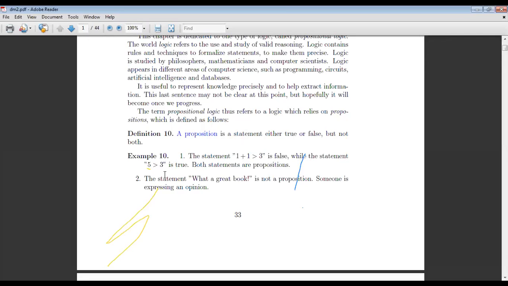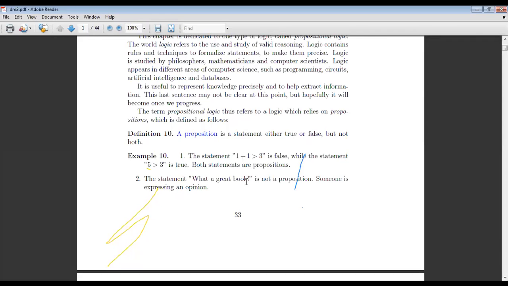Again, it's a proposition. So any statement which is either true or false, but both of them are not occurring in the particular statement. That is, a proposition will not be neither true nor false; that can never be called a proposition. Okay? So the next one is the statement